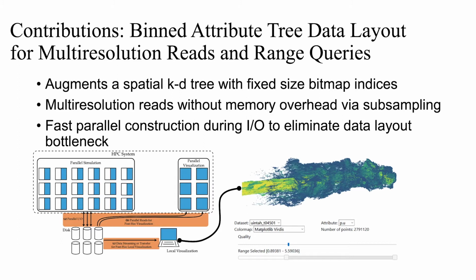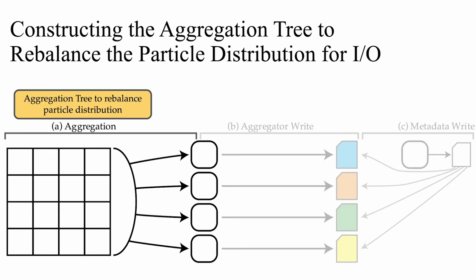So here, this figure illustrates the way this works: the simulation directly outputs this layout, and then immediately the data is ready for post-hoc visualization, say in a streaming-based browser client, as I show here, visualizing this combustion dataset. So I'll first discuss the aggregation tree strategy used to rebalance the particle distribution for I/O while taking